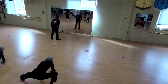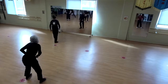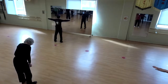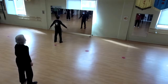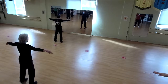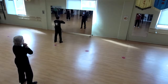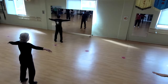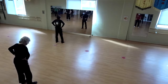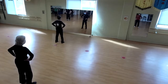Okay, shake it out. Okay, hands here, deep breathing, inhale, exhale, inhale, exhale, inhale, exhale. Okay, circular movements, shoulders, 2, 3, 4,